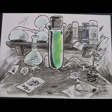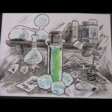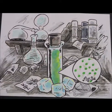So we know what happens when a gas is heated, but what happens if we cool it down? Let's see, shall we? When the gas is heated, its particles become more and more excited. But as we cool it down, the opposite happens. Instead of frantically moving around, the particles begin to calm down. And the spaces between the